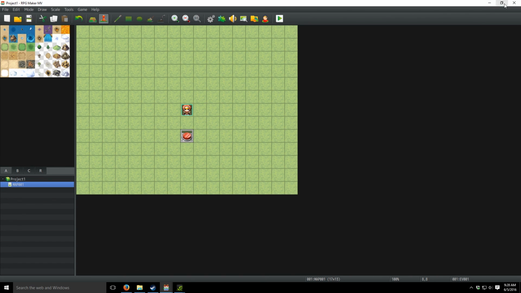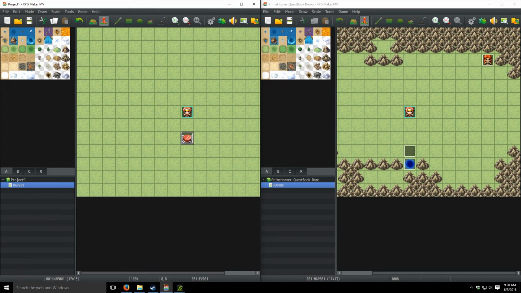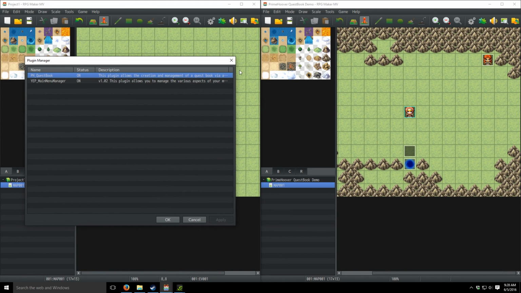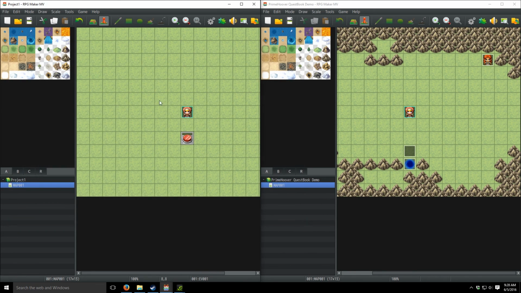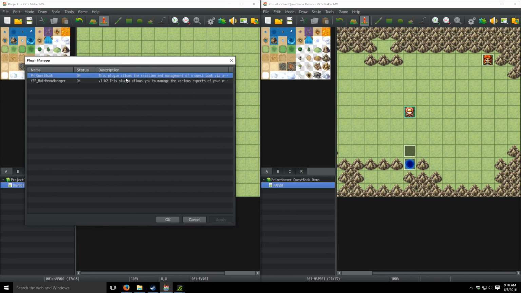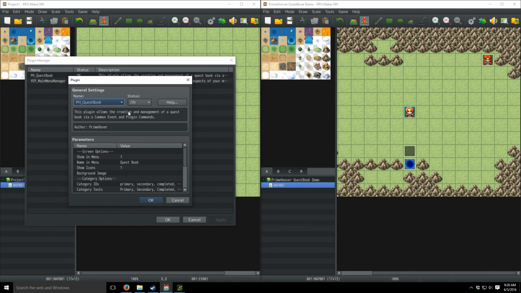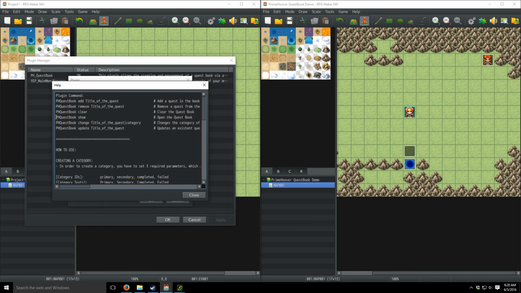You're going to have to create a common event. That's what you saw over here where I created a common event called QuestBook. The only thing that you're going to put in the quest book is the actual plugin information that you can get, once again, by going to QuestBook here and Help. And you'll see QuestBook Show. If you take that and copy it,